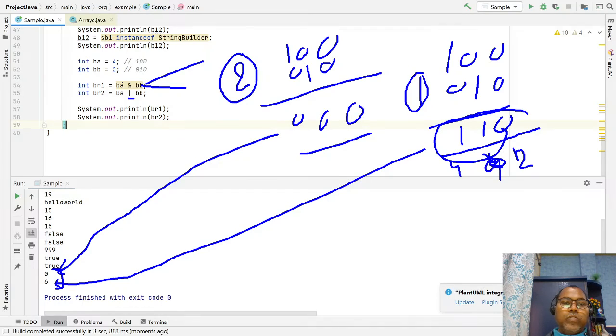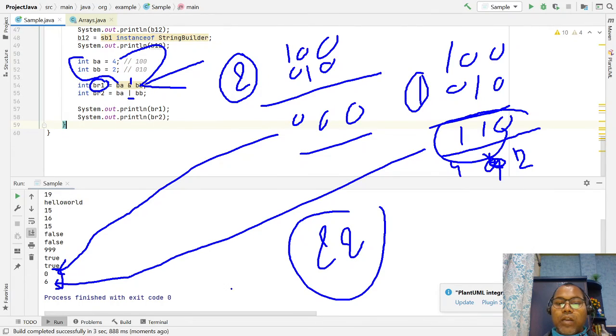So be sure that for the bitwise operator, the left side needs an integer, the right side also needs an integer, and the return should also be an integer. But there is no concept of boolean here. They work on bits in number systems. In the case of double AND, they work on boolean, left side boolean, right side boolean, and the result should be boolean.